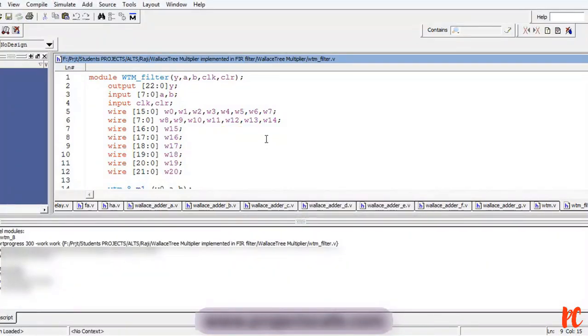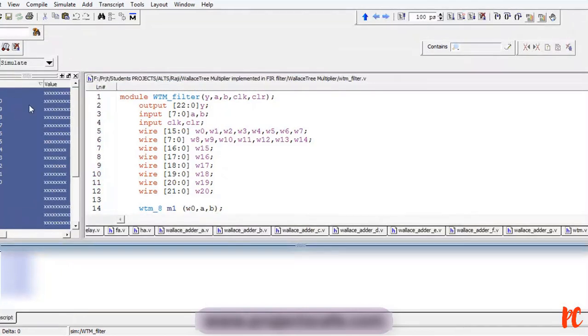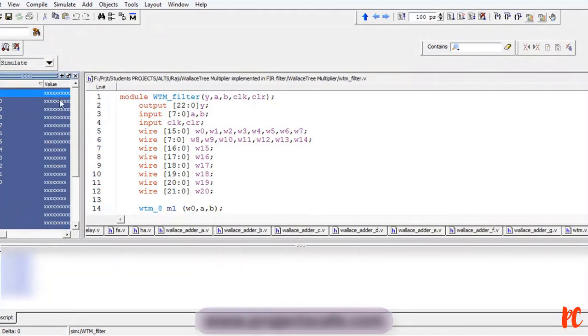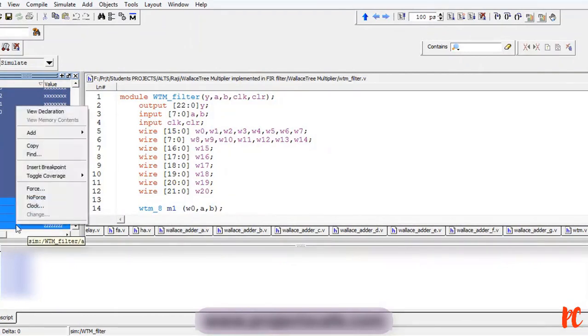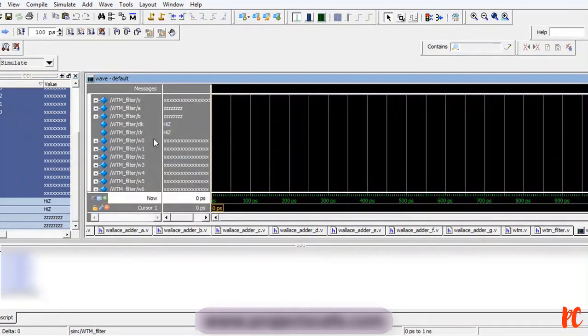Now we need to add signals. Adding the entire signal is not necessary, only the signal which is needed can be added. Give a right click, add to waveforms. Okay, this has added the entire signal, let me delete it.